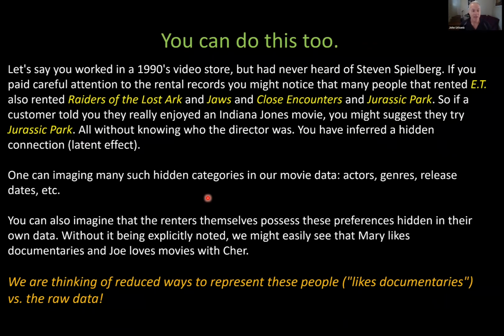So in this case, that latent effect, you don't even have to be consciously aware of. You just notice this commonality between customers, that the customers who like this one set of movies also seem to enjoy this other movie. So you as a clerk are uncovering latent effects, without even knowing that it is this common director behind the scenes. And that could also apply to the actors in movies or genres or release dates. You might notice that all these customers like the same cluster of movies, and they're all 80s movies. People just like these movies from this period. And so you can start to recommend common movies to them without you even being aware of that fact. So you're thinking of a reduced way to think of customers. They like 80s movies. These customers like Steven Spielberg.